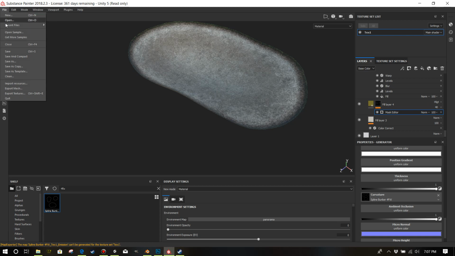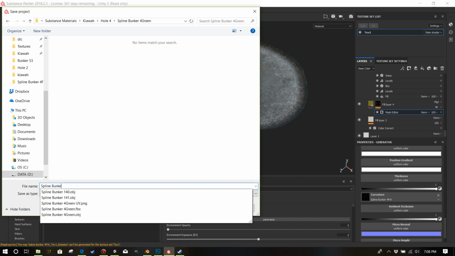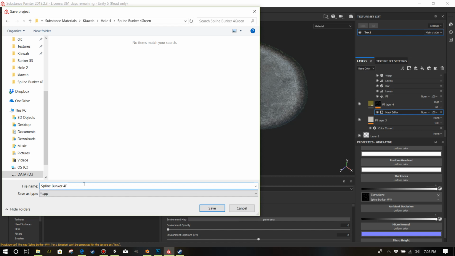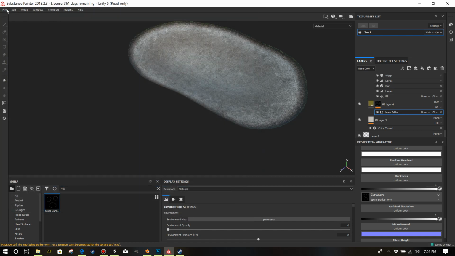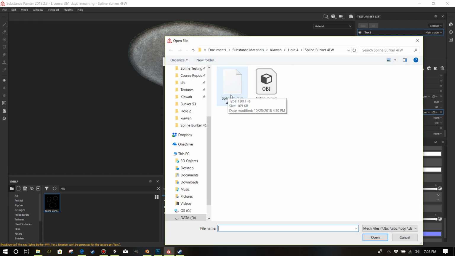So let me save this other one here. This was actually 4 Fairway, saved in the wrong spot. Oh well. But let's do a new one. So in Substance, I'm going to choose a new file here, and I've got it set for Unity 5. And all I'm doing is picking my